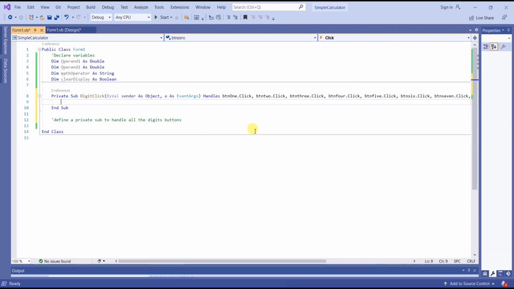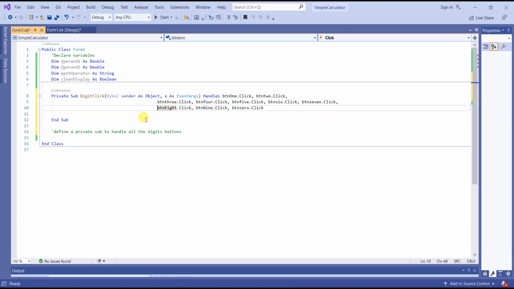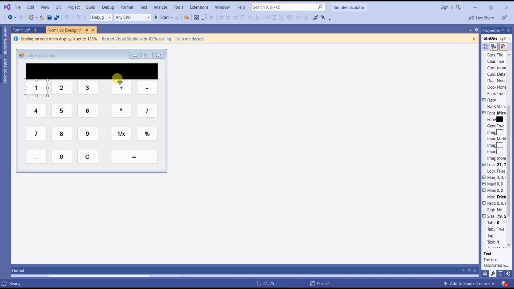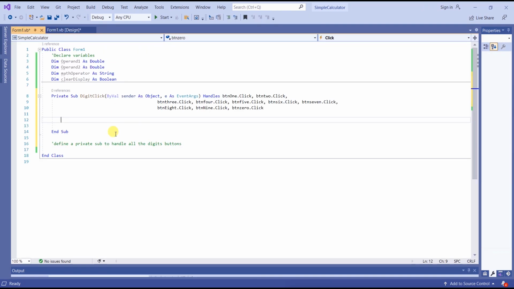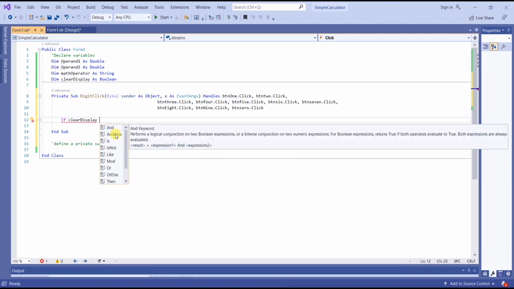So you have defined our private sub procedure. You can bring this thing down a bit so that you can see all our buttons. That is our sub procedure, the click event. The next thing we want to do is to check if the display needs to be cleared. I'm going to check if you have to clear this screen. So let's see if clear display,